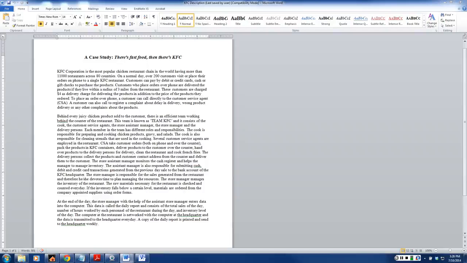Start with the KFC case. It talks about certain operations in KFC, what are the people who work there, how the things are developed to create different kind of products which are sold. So you have to read this case carefully before you start preparing the ERD and preparing the